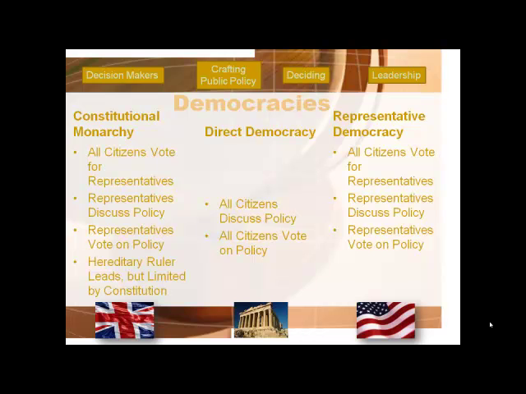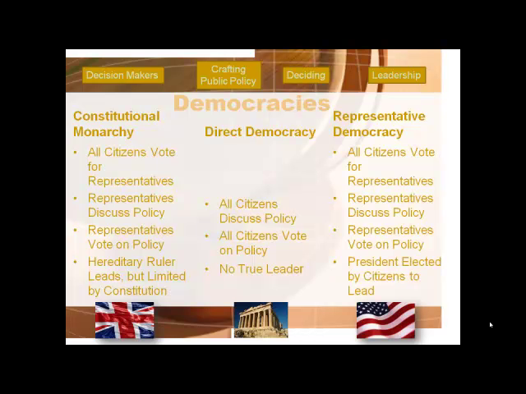And then lastly, the leadership. In a constitutional monarchy, we have a hereditary leader, so someone who is born into it, but their ability to rule is strictly limited by the Constitution. In fact, in Great Britain, the royal family are really just very, very rich people that are figureheads. They have almost no political authority at all anymore. In a direct democracy, there is no leader because everyone is actually equal. Now, everyone that's a free citizen; you'll talk about Athenian democracy next year in World Studies, but for our purpose, we'll just talk about the fact that there is no titular leader, so nobody that has a title.